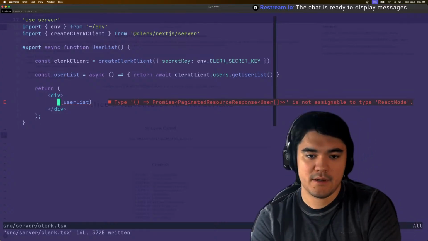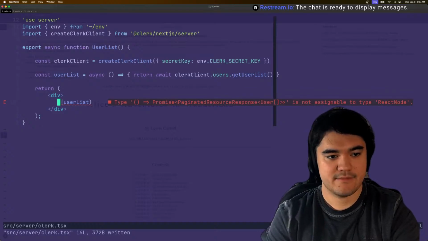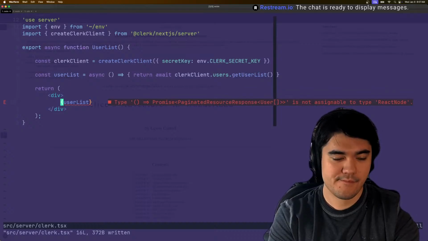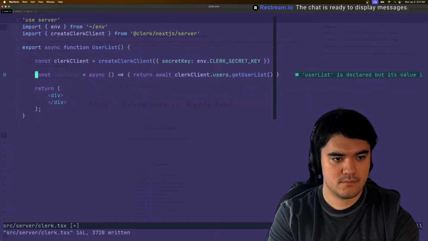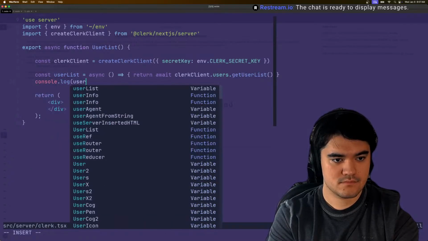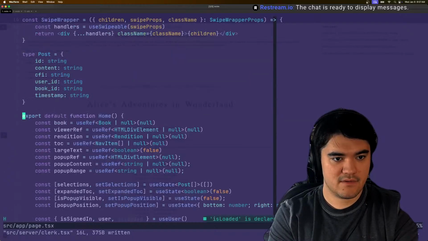Type promise, not silent. Yeah. Now, will that work?